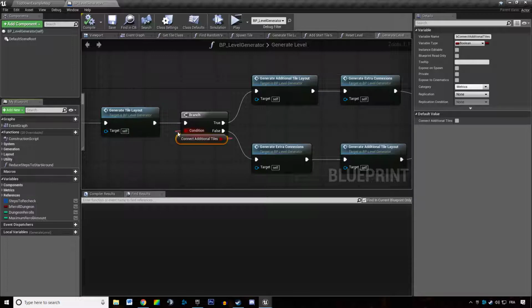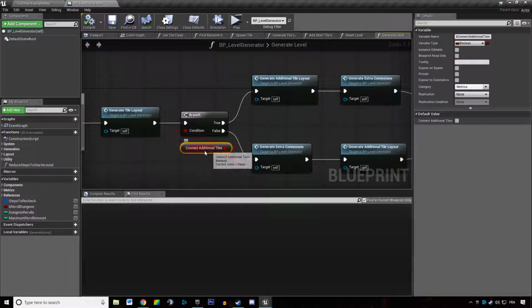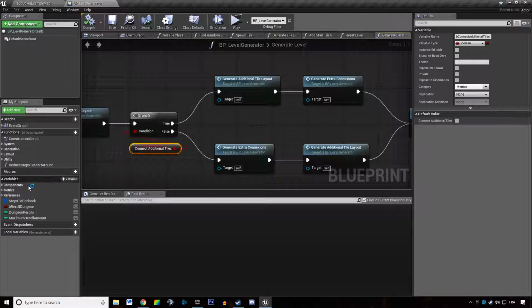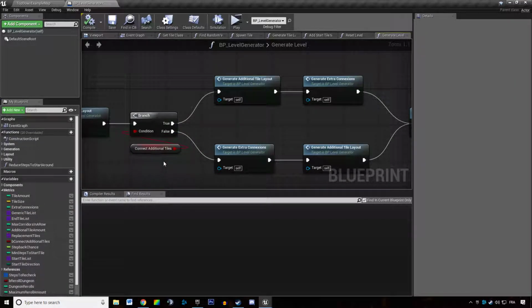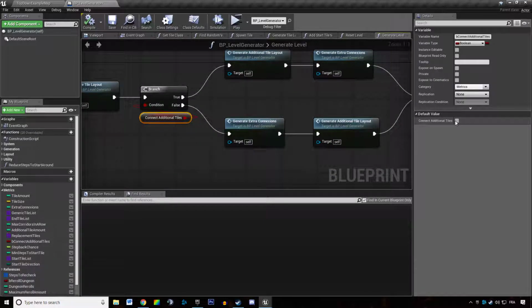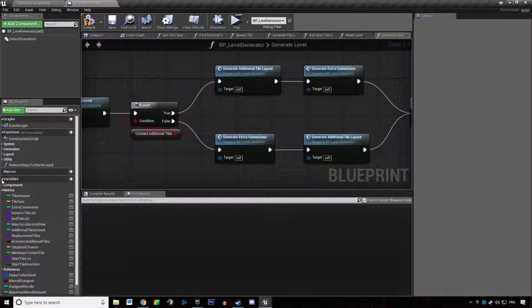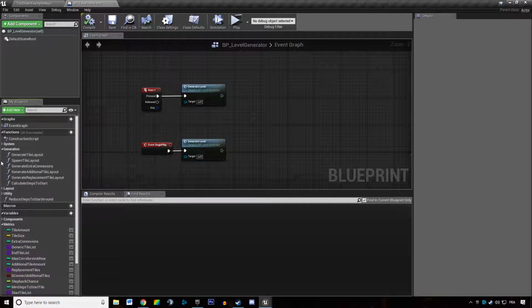Why do we want to link both setups? Because connecting additional tiles is likely to require us to have an array of tiles that can be connected anywhere. So if we have such an array, we can connect the end tile as well as connecting the extra connection. But if we do not have that setting checked, that means we are likely to have a list of tiles which cannot be plugged to the end tile. So let's make just that by going to our